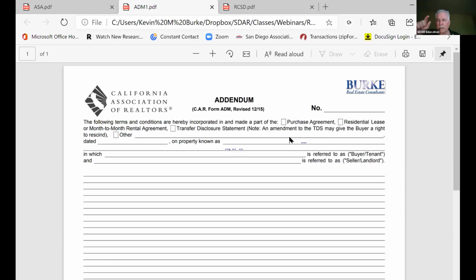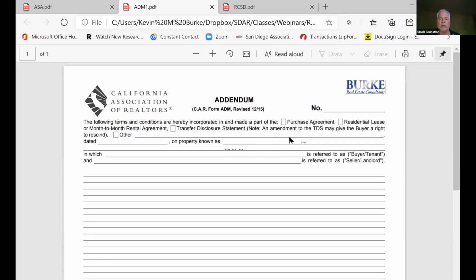Counteroffers, if I don't check the box and put in, and I see it's done all the time where the agent doesn't put in counteroffer number 1, they don't even check a box, they just write a counteroffer, and it's like, well, how do I know what that goes to? And so, when we go to court, which is usually 2 years and 9 months from when the transaction closed or not, then you know what? Now all of a sudden your memory's not so good.